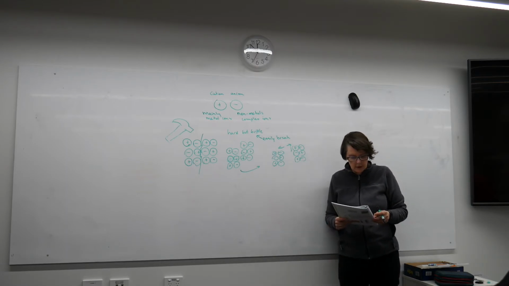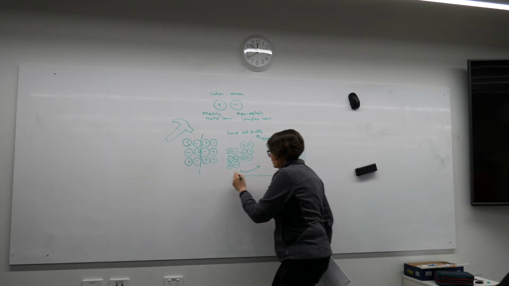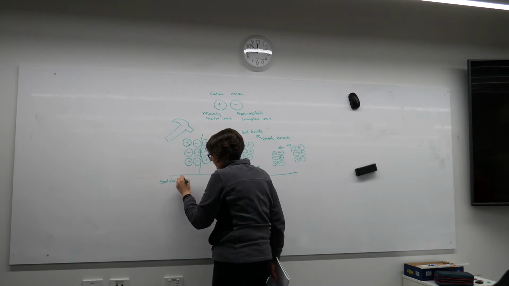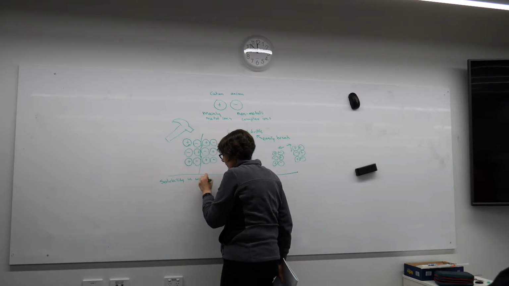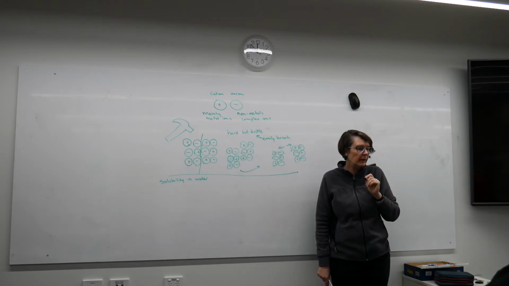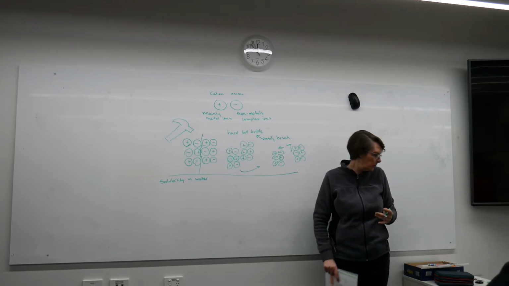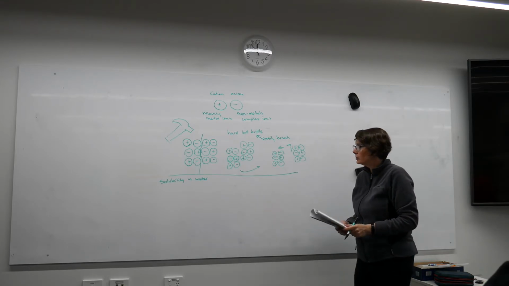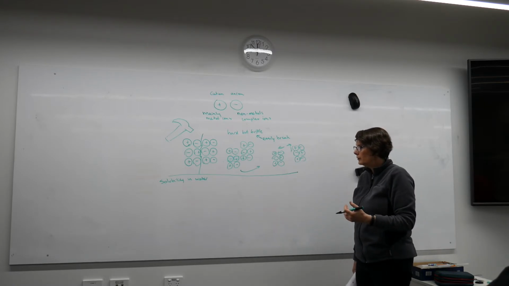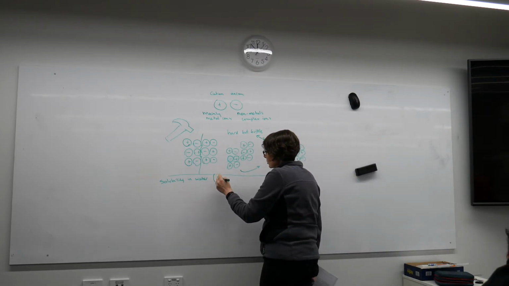Another property is solubility. So a lot of them are soluble, and if you look on page 5 of your formula sheets, you will see that there's a table of solubility, and we'll figure out how to use that soon. But quite a lot of ionic compounds are soluble in water, and this is because of the